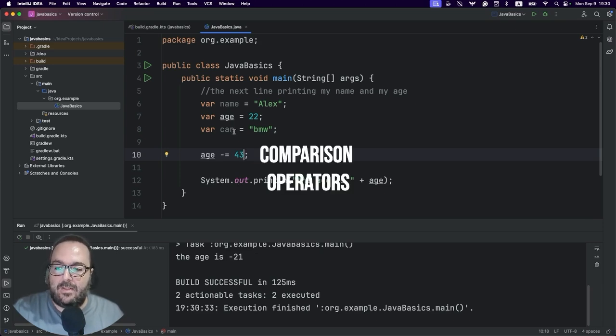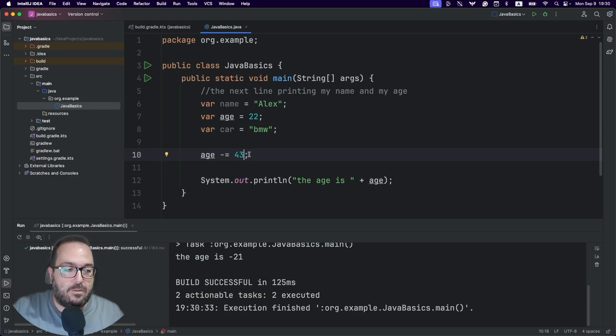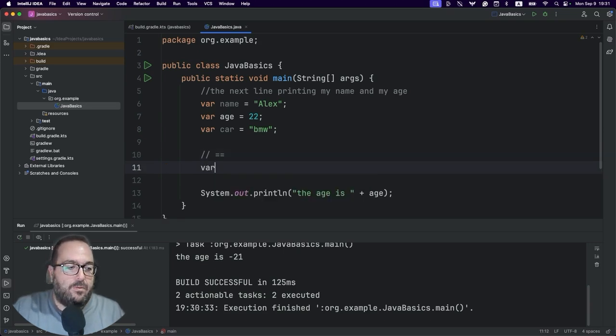Let's move on next with the comparison operators. I'm going to remove line 10. So, comparison operators. We have the equal one, which is comparing if the two sides are equal. I will give you an example.